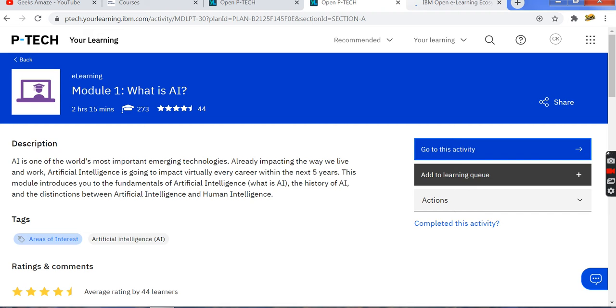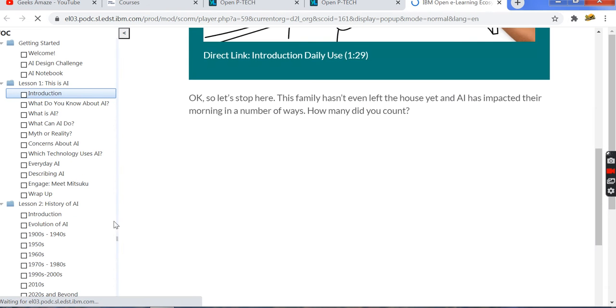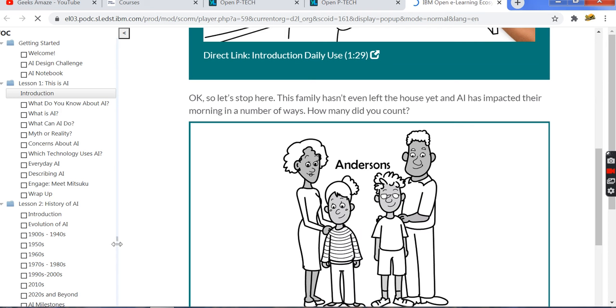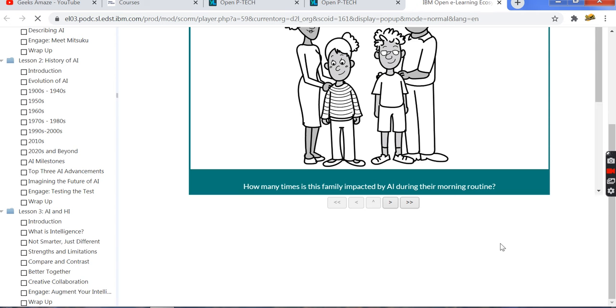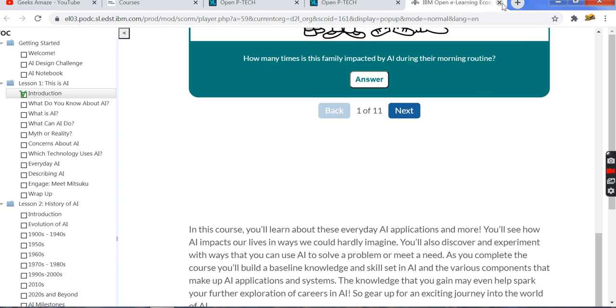You can click here, go to this activity. You can complete them here one by one, and after completing all of this you need to attend a final assessment as mentioned before.